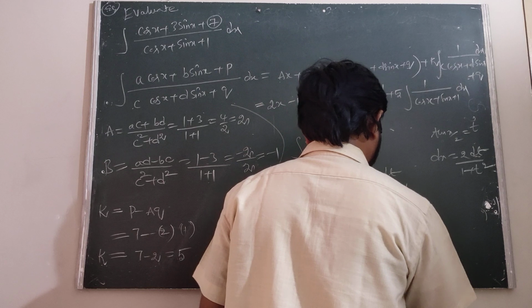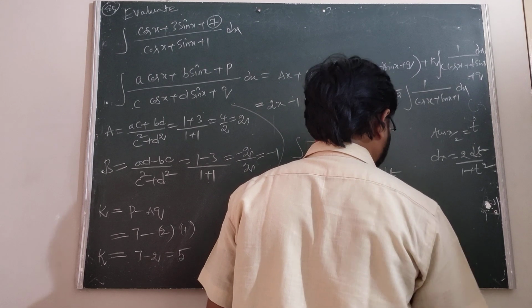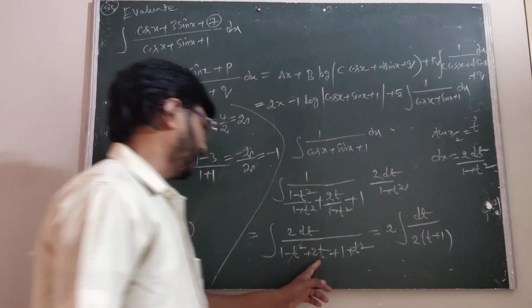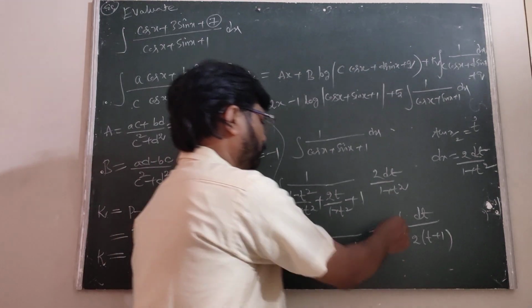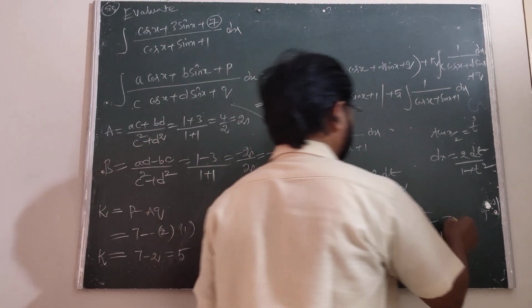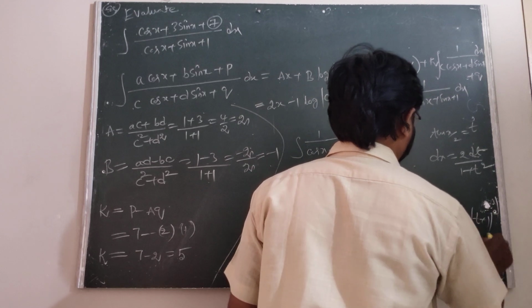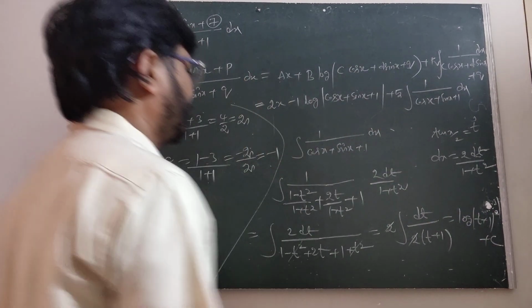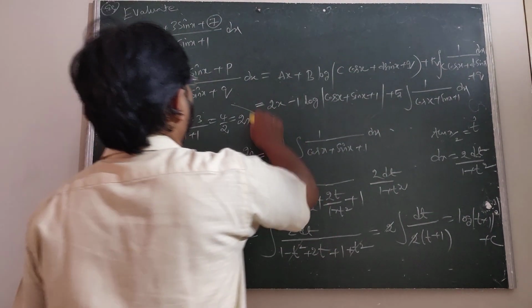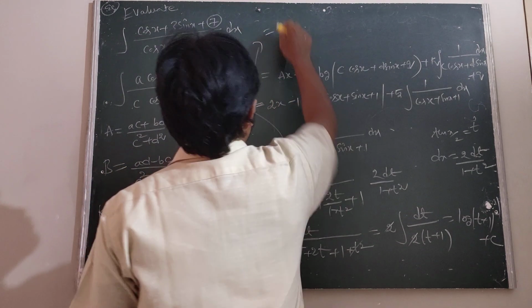That is, 2 is the common factor: 2 times (t plus 1). Is it clear? 1 plus 1 is 2. The 2s cancel. Now this is log mod of t plus 1 plus c. Now we can write the final answer as 2x